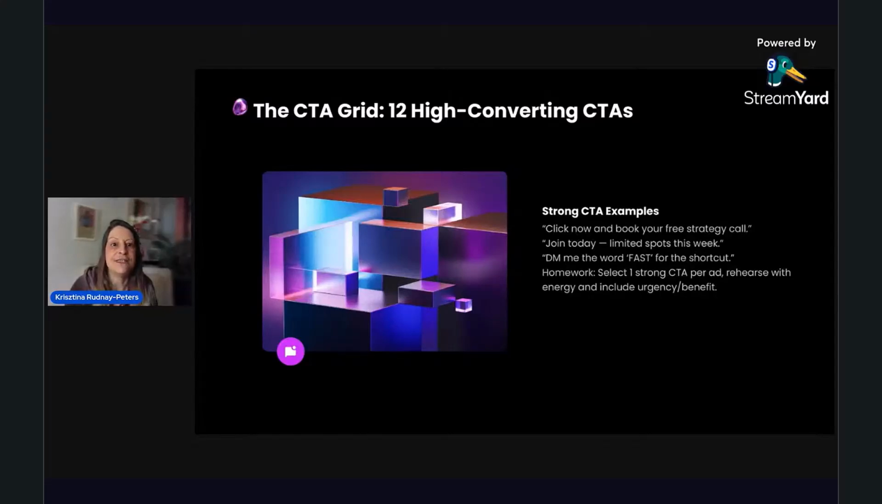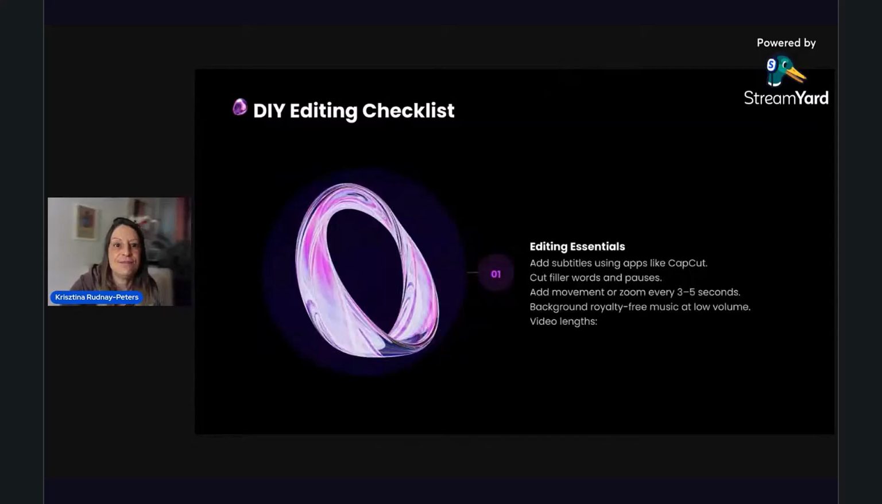Your homework for this call to action grid is to select one strong call to action per ad, so 3 calls to action, rehearse with energy, and include urgency and benefits. DIY editing checklist: add subtitles using apps like CapCut, cut filler words and pauses, add movement or zoom every 3-5 seconds, and add background royalty-free music at low volume. The video length should be 15 to 90 seconds,